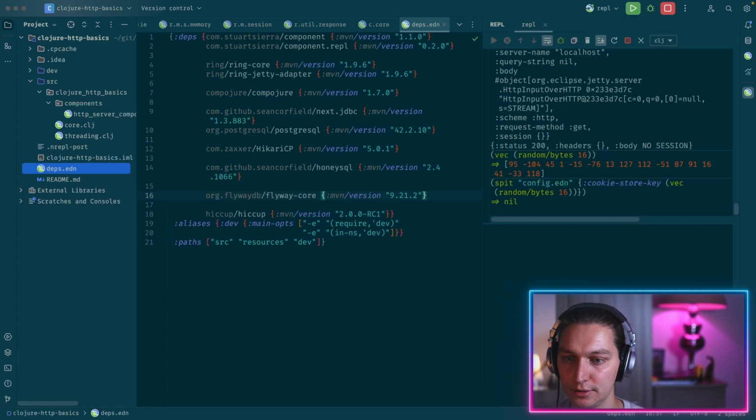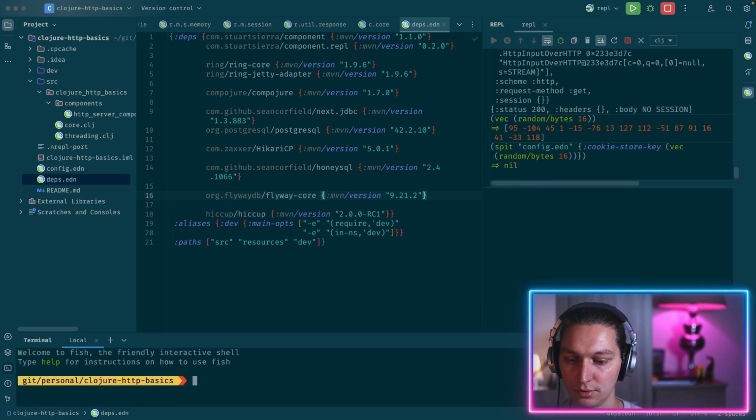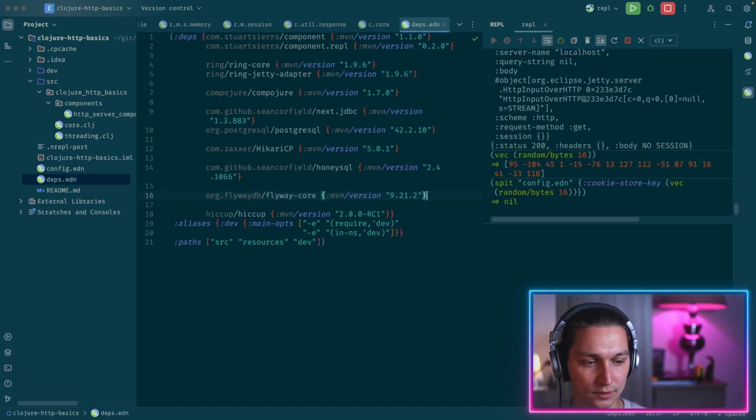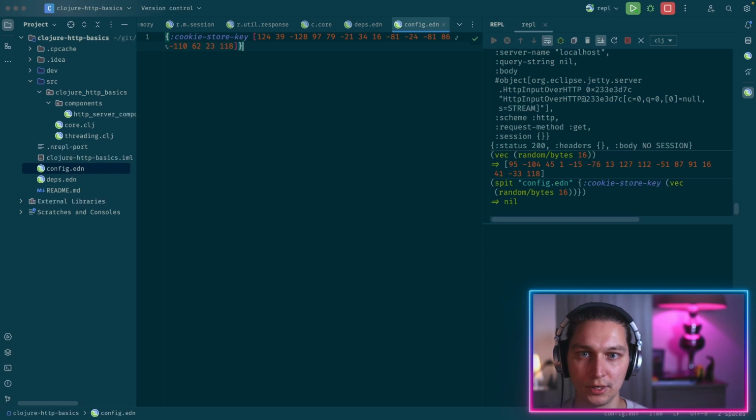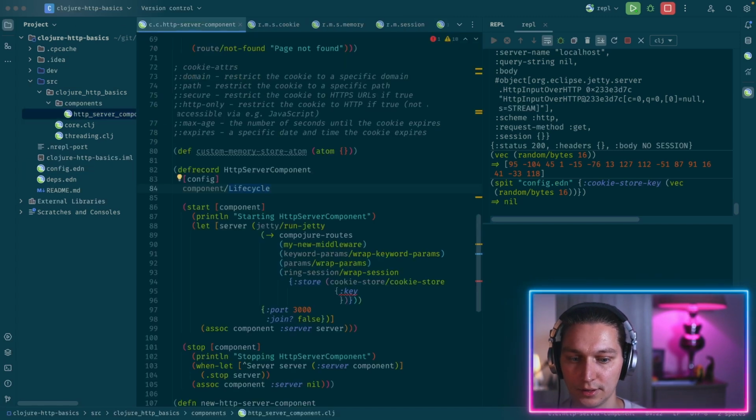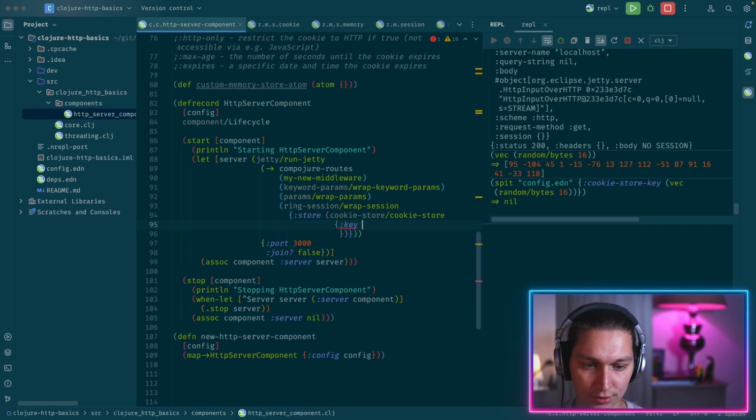Yeah, the IDE is a bit slow. Yeah, here we go. So we have this file now that is static, or it could be a config or something like that. So after that, we need to basically read this key, and we can do it by, let's do it in